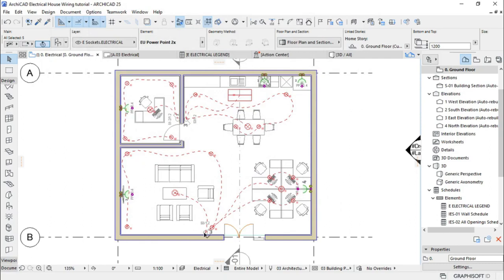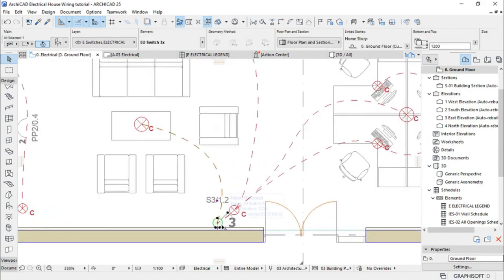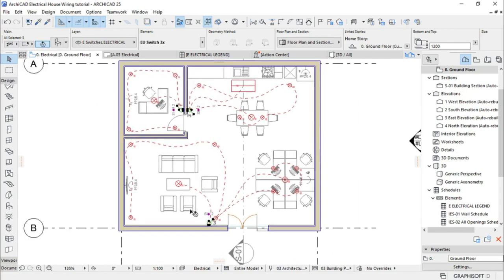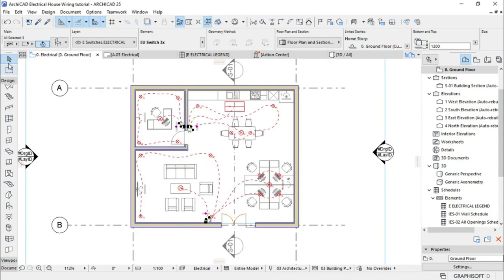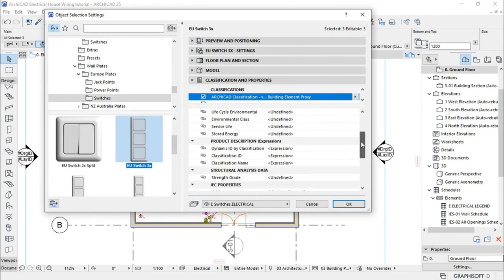and then we do the same to switches. Select them. I thought they are grouped. How many are there? There are 3 switches in this area. Control G to group, open its settings, and then let's go down here